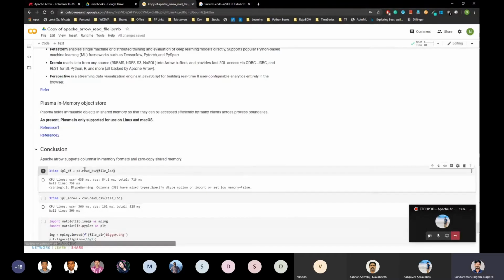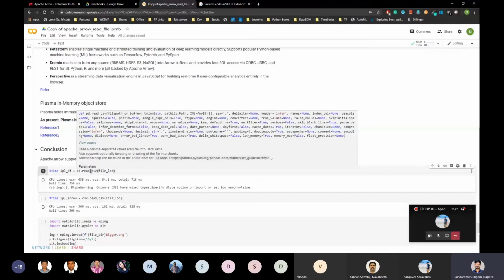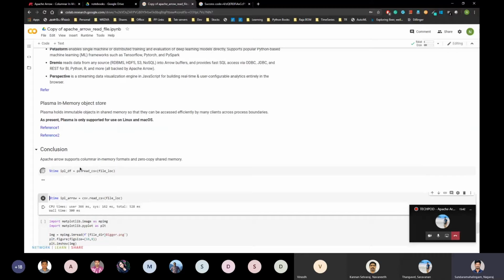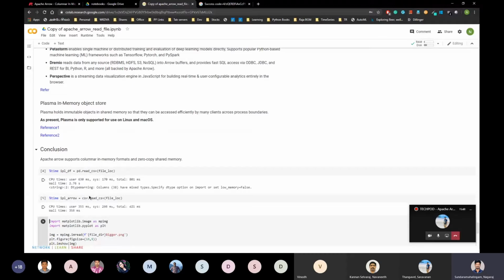So this is a traditional method where I read the CSV file using the Pandas library. Those who are familiar with Python know what Pandas is. Pandas is a library mainly used for data analytics. I'm reading the same CSV file using Pandas, and I'm reading the same file using Arrow. Arrow takes 356 milliseconds and Pandas takes 2 seconds. So it is faster. Now you have an idea that Apache Arrow is faster. Now we will see how it works conceptually.